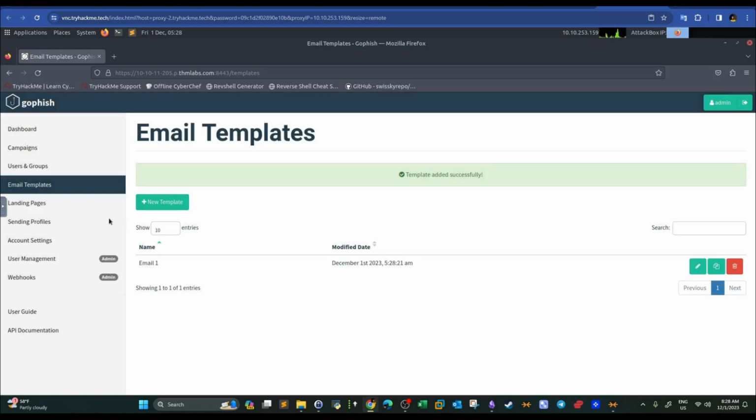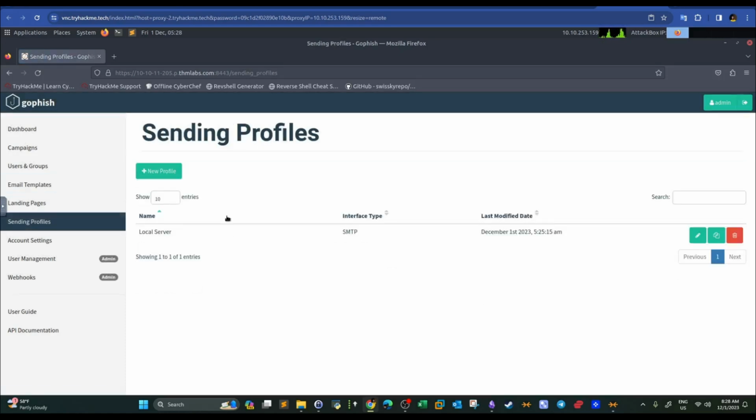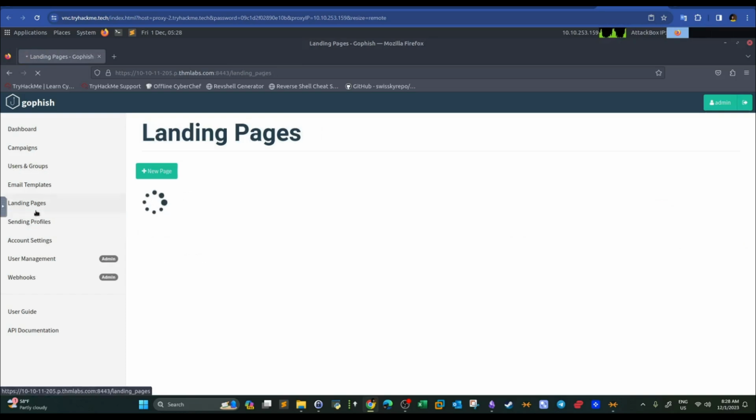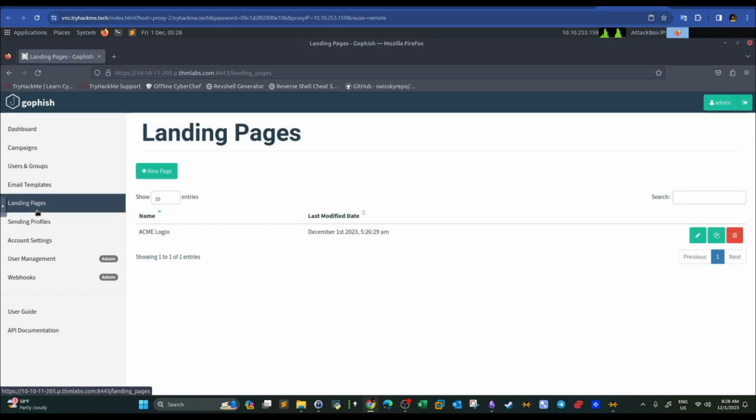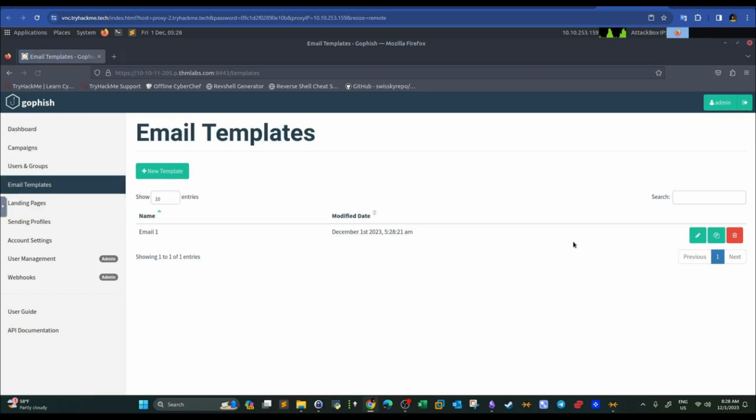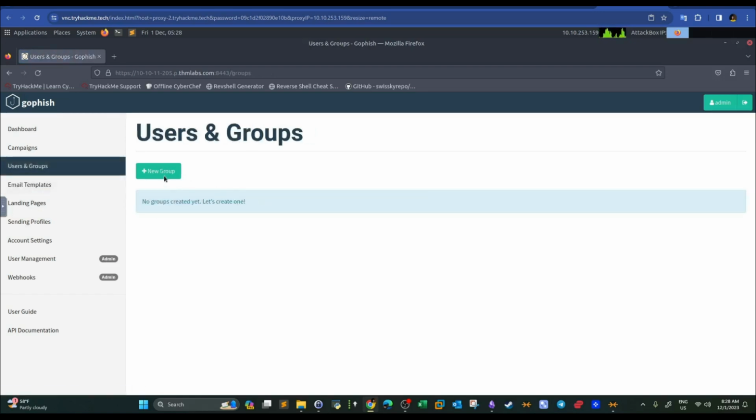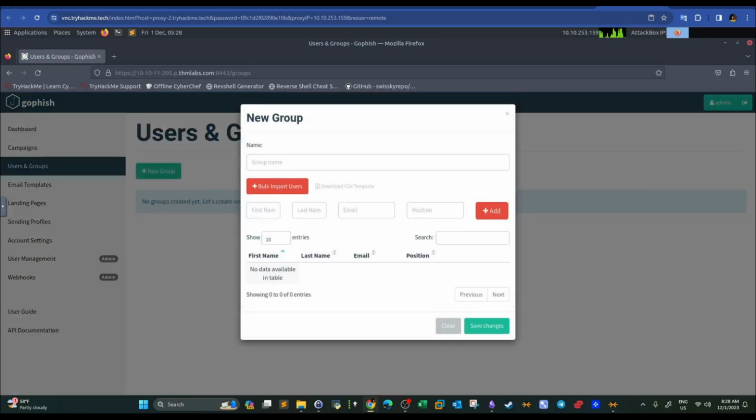All right. So now we define the sender profiles, where we are sending from. We define the landing page that will capture the credentials. We have actually set the email contents. Lastly, we set the target. So click on new group, and here we set the targets. It could be one target or a group of targets. In the case of this room, it is a group of targets.